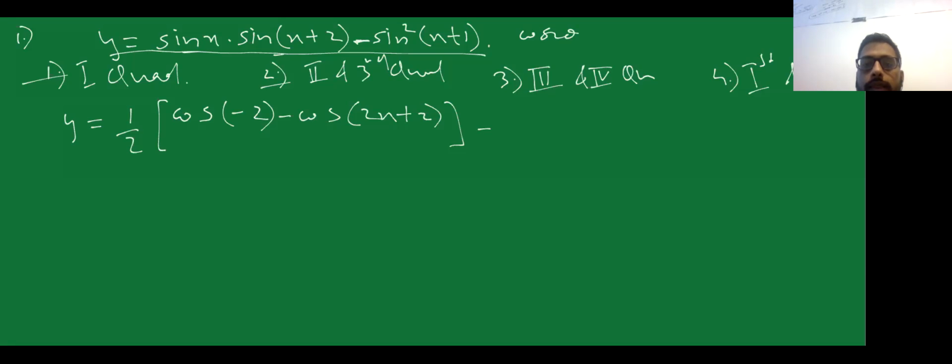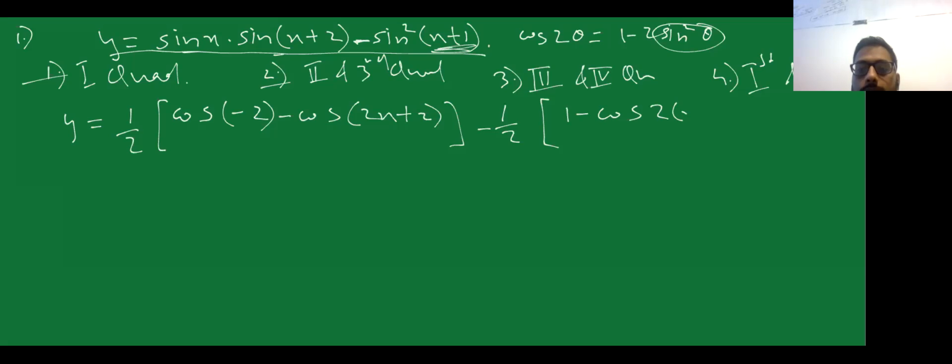So the cos 2 theta formula is 1 minus 2 sin square theta. Cos 2 theta has 4 formulas: 1 minus 2 sin square theta, 2 cos square theta minus 1, and (1 minus tan square) upon (1 plus tan square). Out of these, one formula is cos 2 theta is 1 minus 2 sin square theta. So I can say sin square theta is equal to (1 minus cos 2 theta) upon 2. Therefore sin square theta is (1 minus cos of 2 theta) by 2, so 2 theta in this case is x plus 1 times 2.